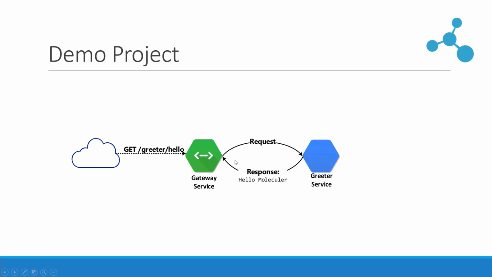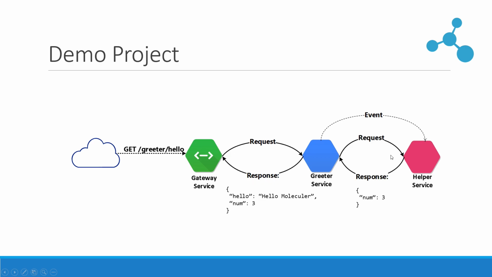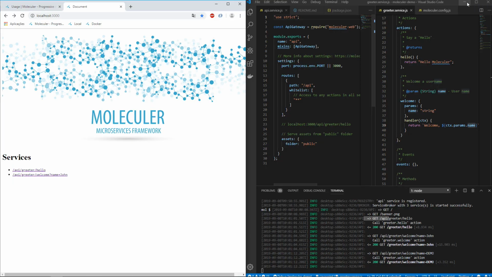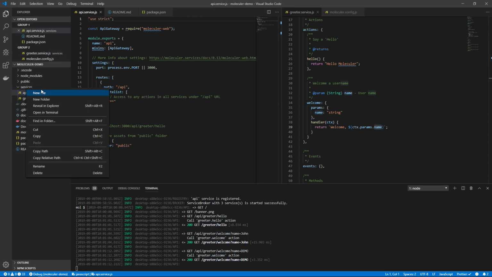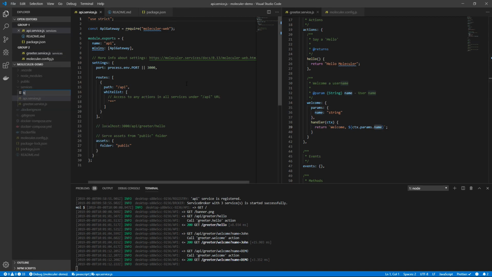We have a gateway service and a greeter service, and what we are missing is a helper service with an event handler and an action that will generate a random number. So let's do it. Let's go back over here, and we are going to create a new service in services folder. So helper service.js